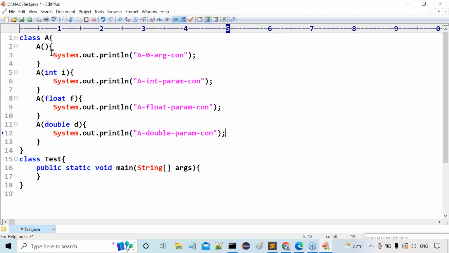Check it. How many constructors have I taken? Four constructors: the zero argument constructor, the int parameter constructor, the float parameter constructor, and the double parameter constructor. Overall, four constructors. Observe carefully. Now in the main class and main method, I'm trying to create an object for class A: A a = new A();